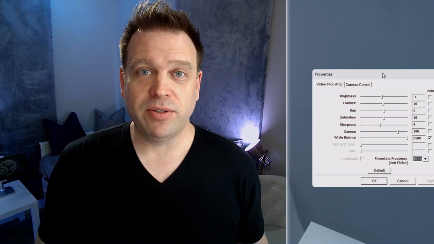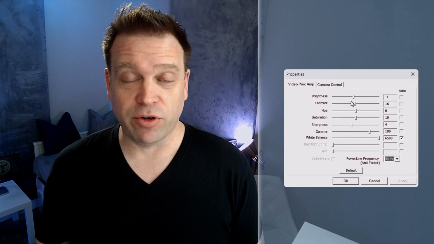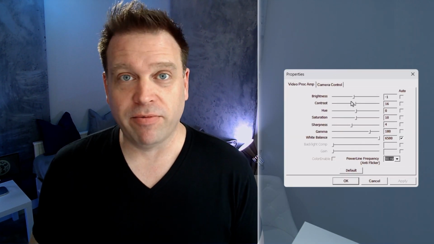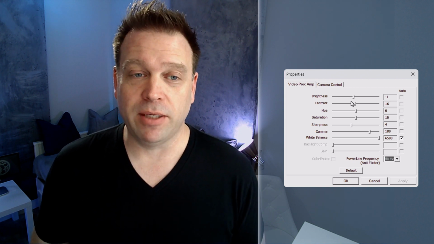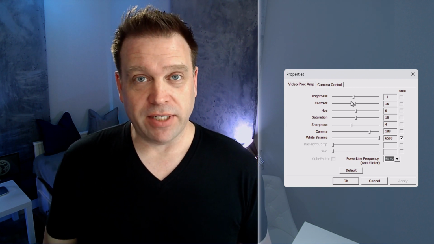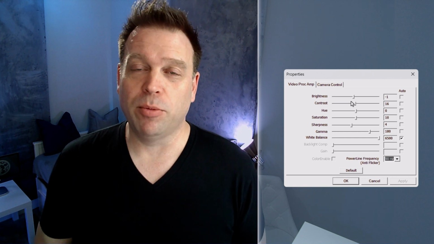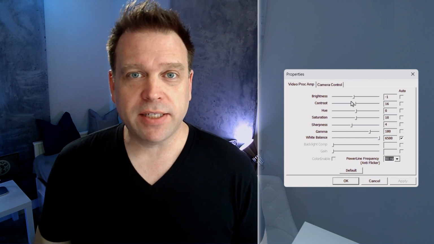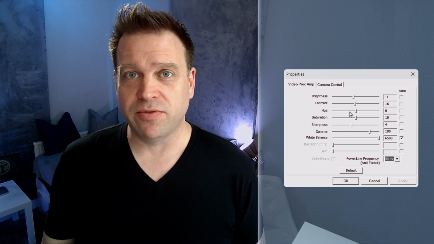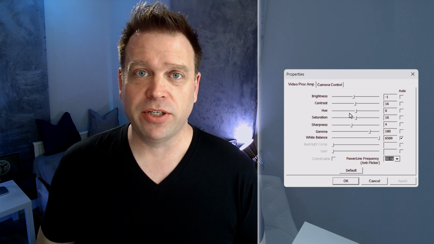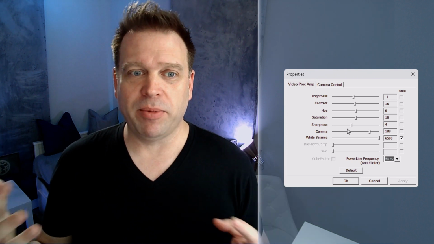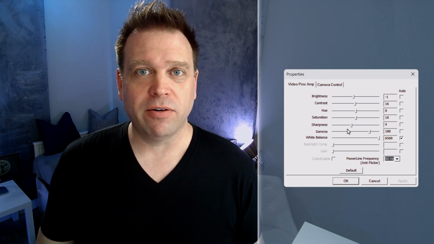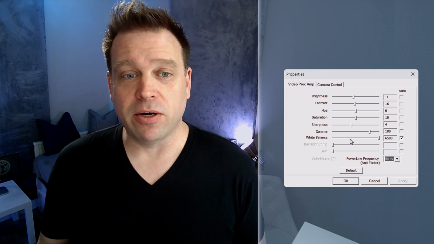One thing to note here is that there is no software to control the camera settings, so you have to use the UVC controls that are either inside of OBS, or you can also access them via apps like Microsoft Teams. So I'll go through both the different tabs because there are settings that you can set in the Video Proc Amp tab. There's a lot more you can do there, in fact. So first, the brightness I set to -1. I kept the defaults for contrast and hue and saturation. Then, because there was a bit of noise in the background, I took the sharpness down to 4 from its default, but I kept the auto white balance on.